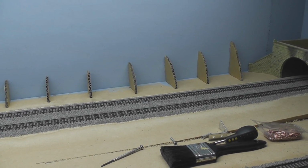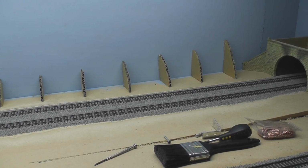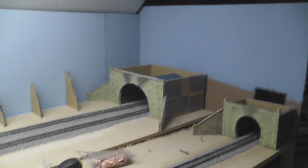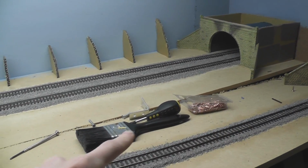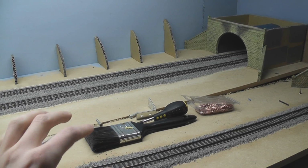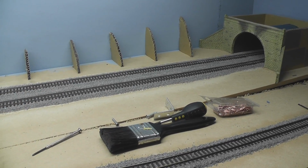I've already started making some nice trees to put over there, as well as on the hill that's going to go over the top of this bit here, and there'll also be some trees down here. I'm thinking of having a small hill, nothing too major, but just something to make it look a little bit different, really,